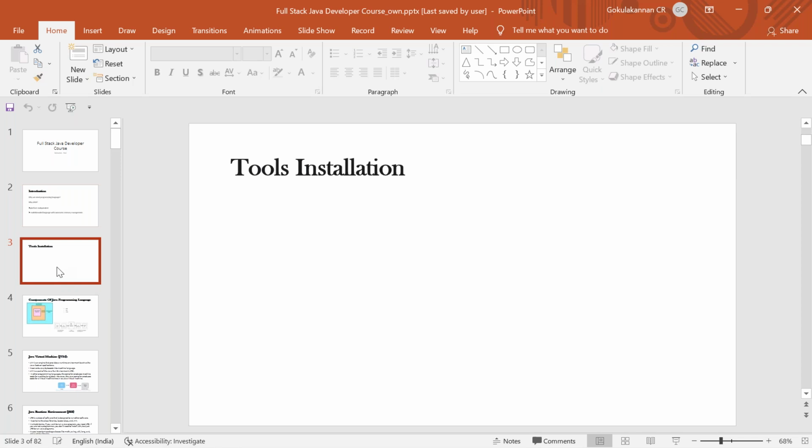Next thing is tools installation. So before jumping into the tools installation, I will be covering some jargon words because some of the developers who are really doing the development also don't know this, and they get confused. So I will cover the jargon words. In today's session I'll be having some slides because some of you would be very new to Java. So I'll be covering the basic concepts using the slides. Then we will immediately jump into our practicals or demos and examples using our editors.